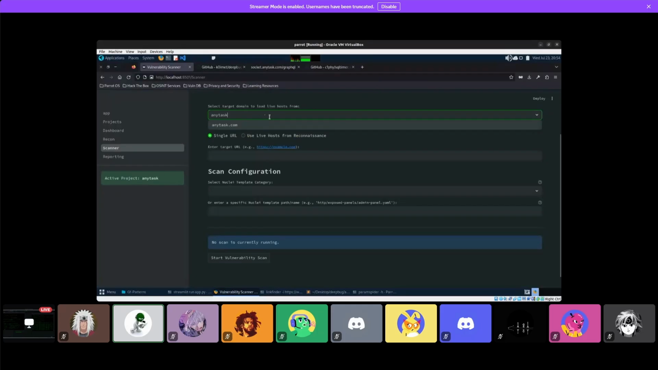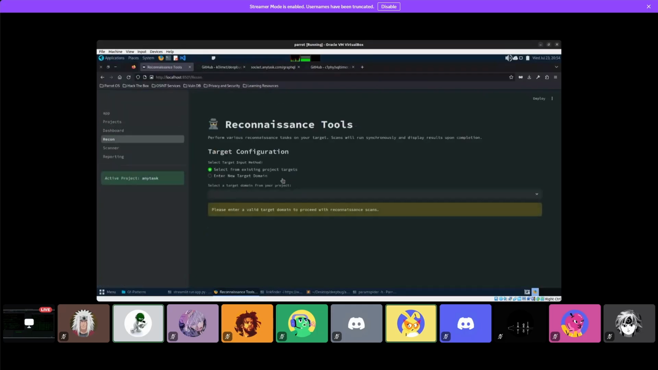In the project, you're not limited to adding a single domain. If we go back to Recon, we can choose a target that we have already filled, or enter a new domain. So maybe we can say mail or whatever. Assume it's a very large project whereby you can get multiple